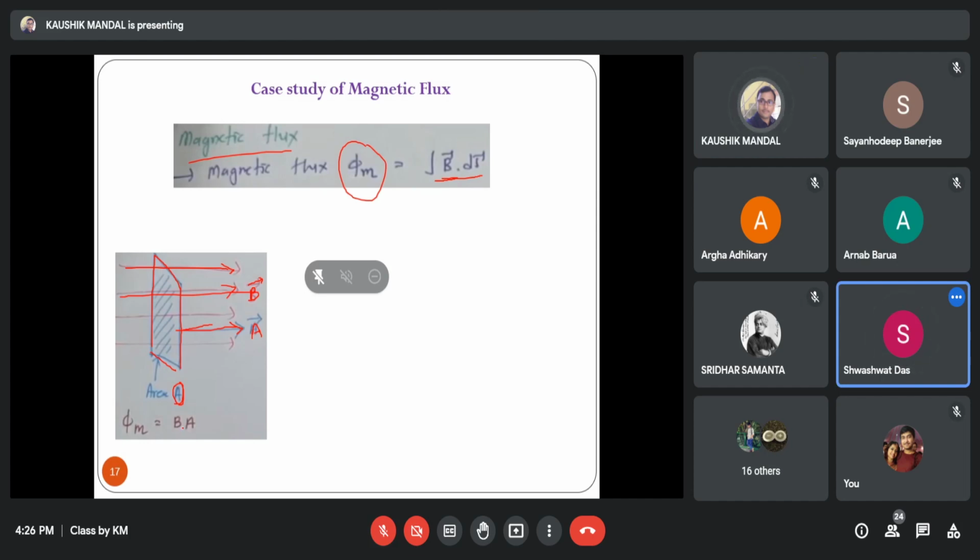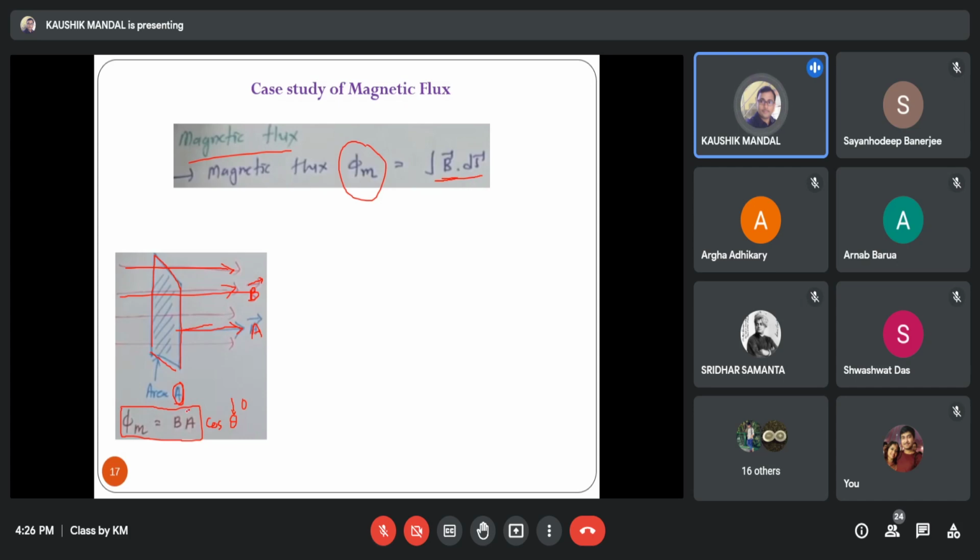0. Okay. So what will be the corresponding magnetic flux? Phi equal to BA cos theta, where theta is the angle between the magnetic field and the unit vector of the surface. In this example, theta equal to 0, so the magnetic flux will be maximum. As per this equation, it is integration of B dot ds. Integration of ds means the total area of the surface. So it is B into A.